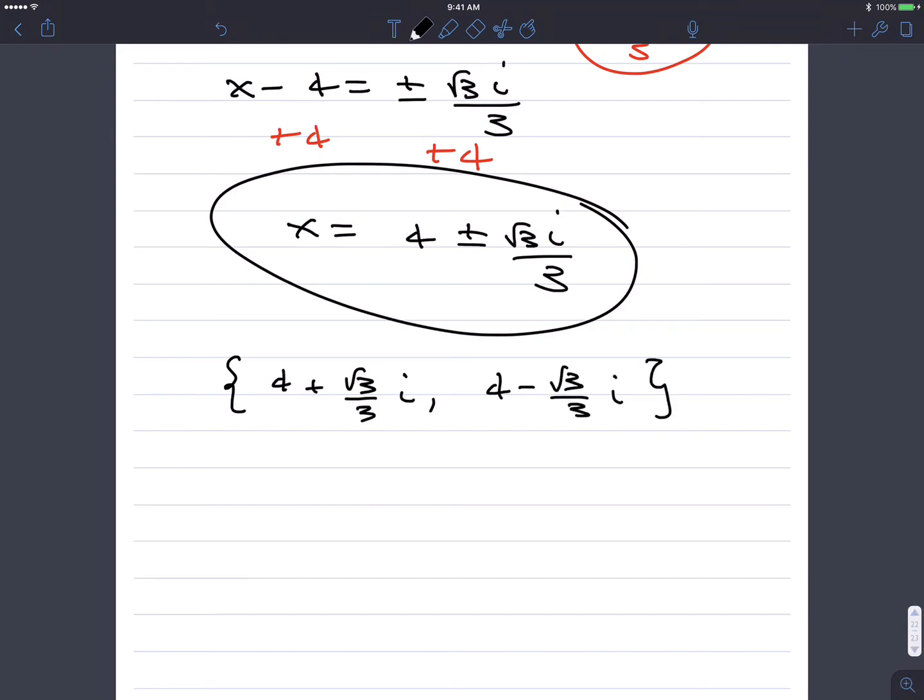You have non-real solutions. And that was number, let's go back. Looks like that was number 39. And if we look at now number 41,